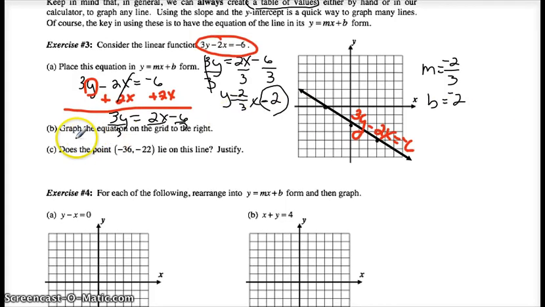Okay, now, so we've graphed the equation on the grid. And now it says, does the point negative 36 comma negative 2 lie on this line? Justify your answer. Well, look at my grid. That's not going to go to